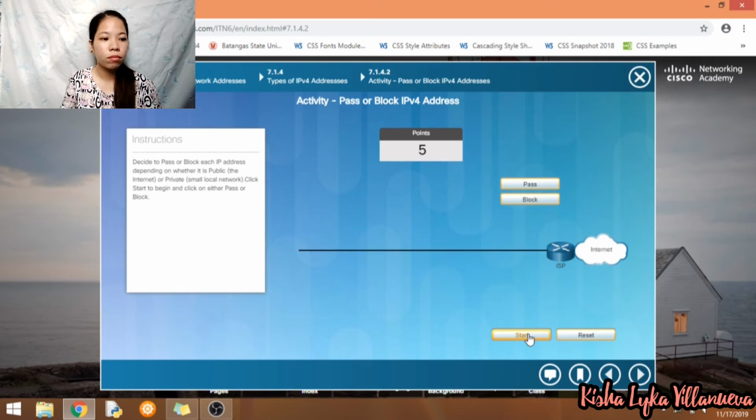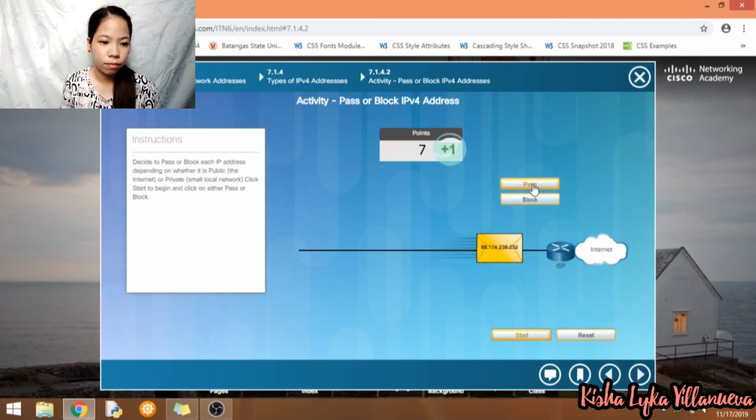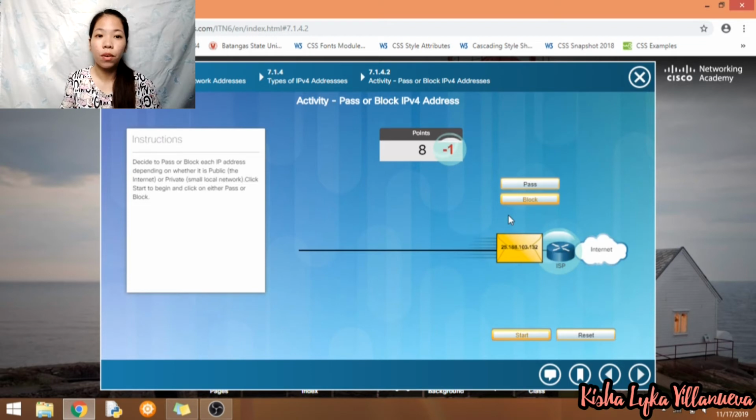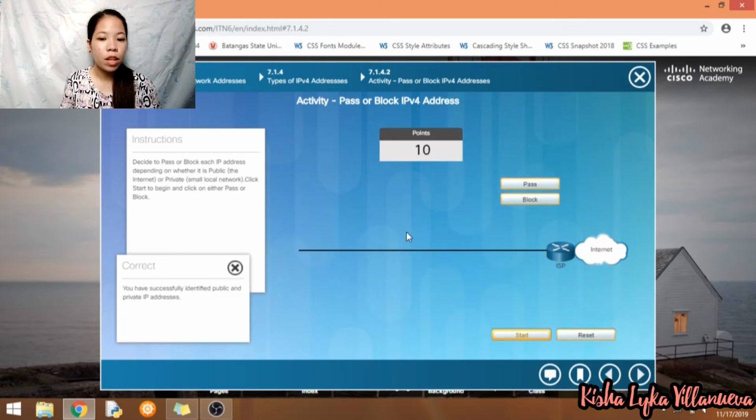and then 190, so we will pass it. We will pass. So pass again. It's block. Oh, it's wrong. So 150 is pass. We will block it and pass. So we earn 10 points. Next we will proceed to the next activity,